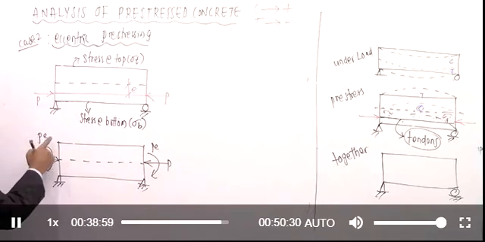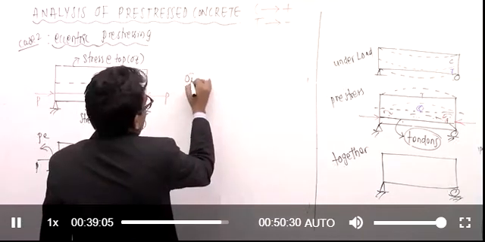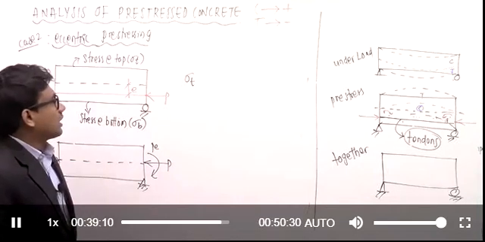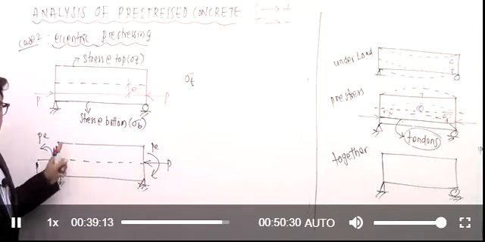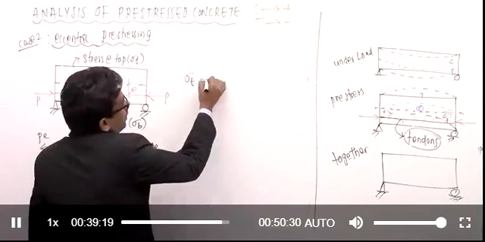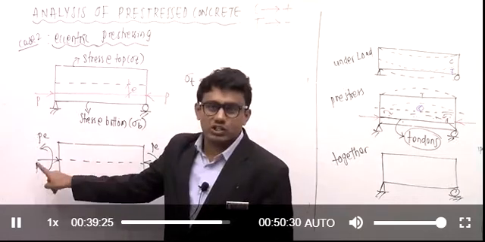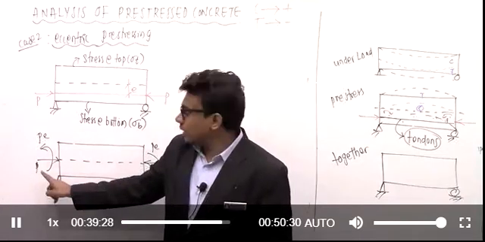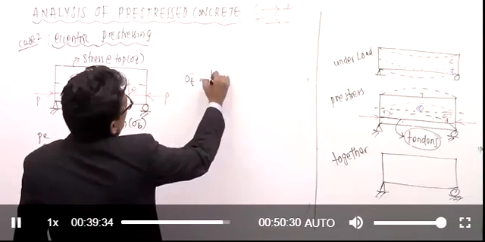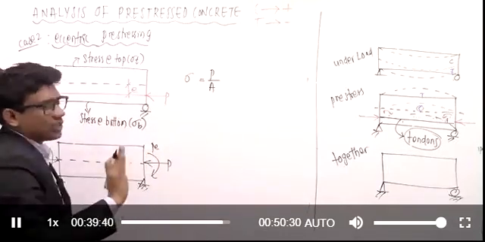That is, we need to consider the effect of this PE, and we need to consider the effect of this P. See, if I calculate the stress at the top, what are the factors giving stress here? This P will be creating a stress, and PE, a moment, will also be creating a stress. So what is the stress due to this P? We have discussed just now. That's the compressive force, that is the pre-stressing force. Exactly, it is P by A. Yes, stress will be equal to P by A. Forget about top or not, I am just calculating the stress.